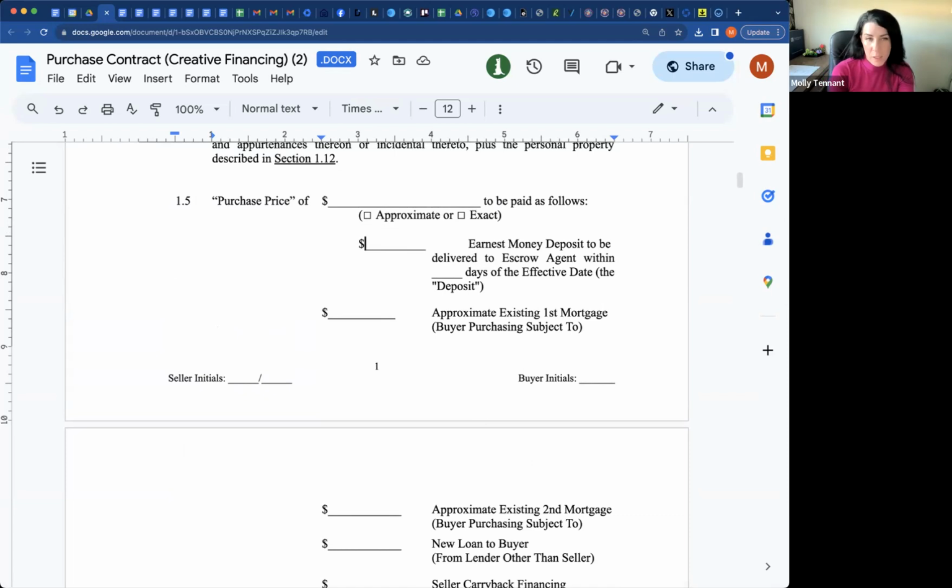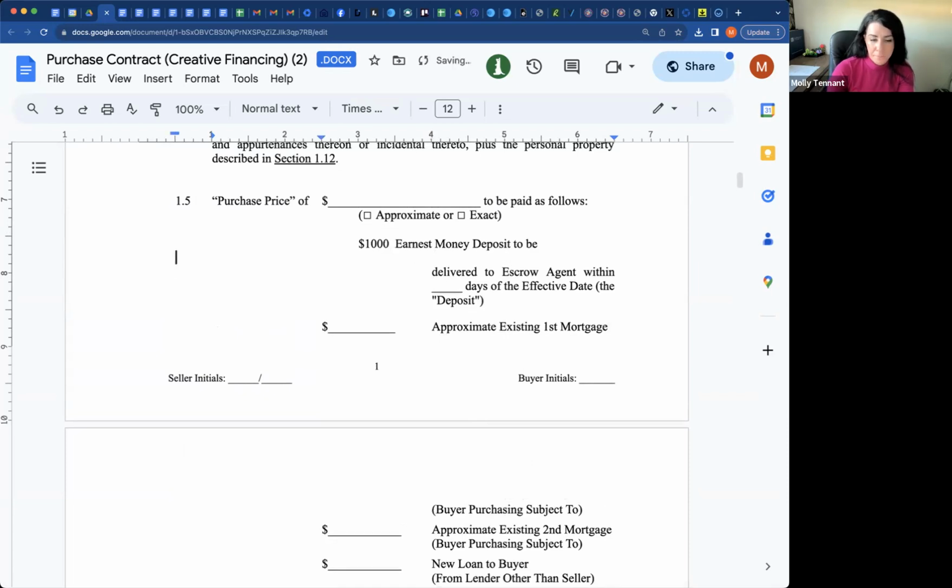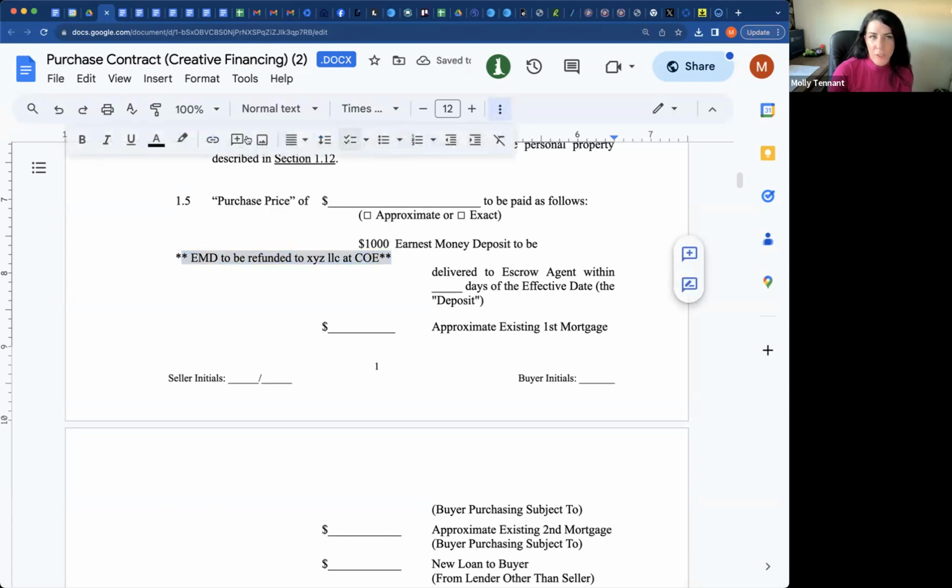So if you put $1,000 here, I would put an asterisk that says EMD to be applied towards closing costs. If it's not to be applied towards closing costs, to be refunded to XYZ LLC at COE. You know, write that in there, highlight it, do whatever you need to do. Make sure that it